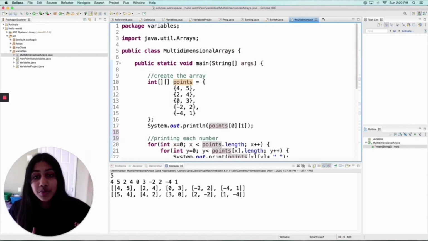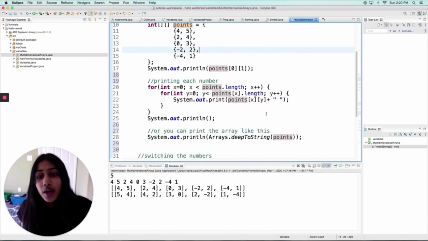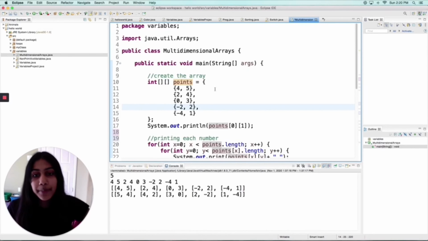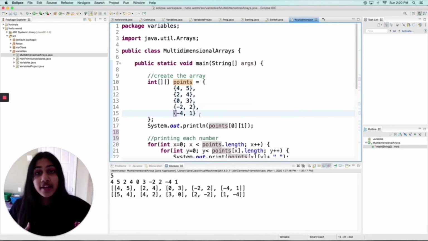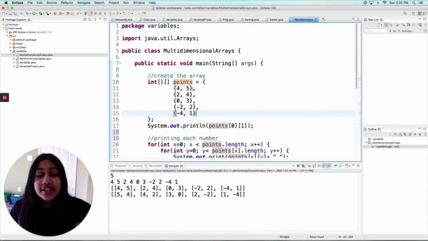So what I want to do with this array is that I'm assuming that there are points on a graph, and these points make up a line. So what I want to do now is to show you how to work with this. I'm going to translate this line over the line x equals y. And I know this is like a math lesson, which I do not like, but basically all that does is